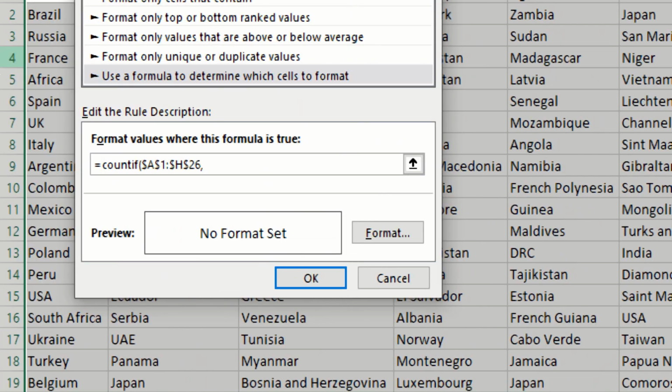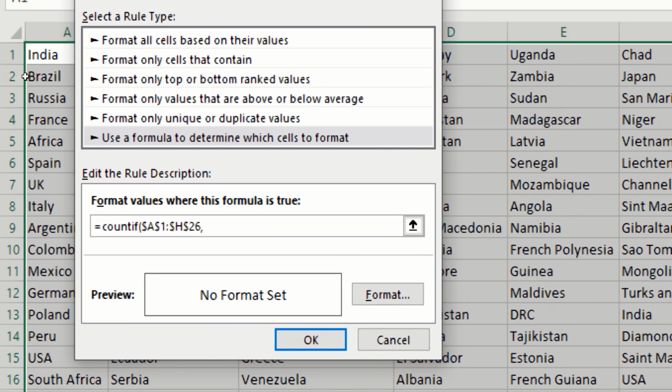click on the single cell to identify the values. System identifies that value in the selected range. I selected from A1 to H26. So in between that range, system automatically selects the whole range. In that range, system identifies this duplicate value.